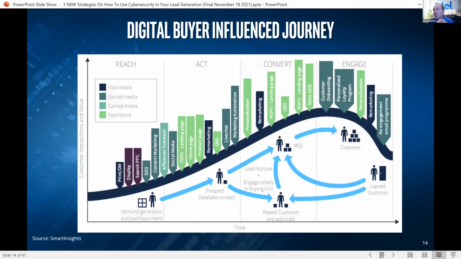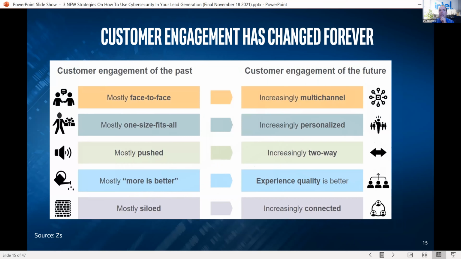Now, if I told you about the digital buyer, here's what they're walking through, right? All these different ways they can be influenced. And I know there's been a lot of conversations about, well, Google AdWords, where's that fall in? Where's remarketing fall in? There's all these different things. And I tell you, on the Intel side, we look at each one of these very intently and say, the who, these are all kind of the how things are done, but who are we actually trying to impact this time? So if it's the CISO, great. If it's the IT director, great. Is it the owner? Great. But we have to go at them in different ways. So just know that is going to be different depending on how you actually come at them. And once again, how we're engaging them has changed.